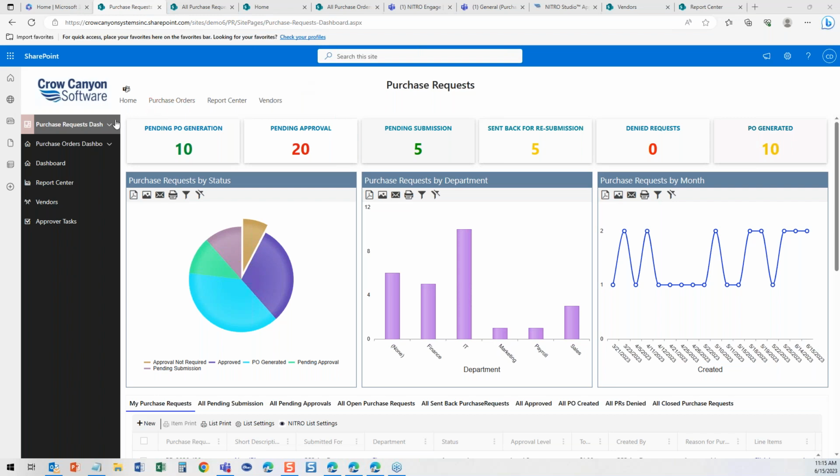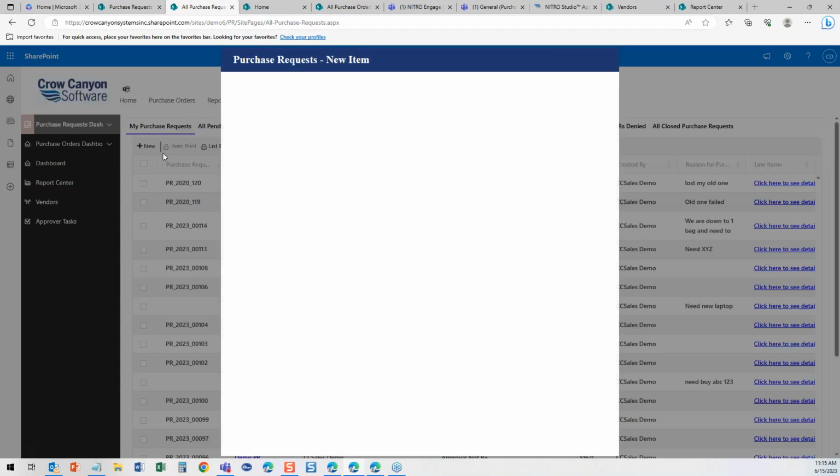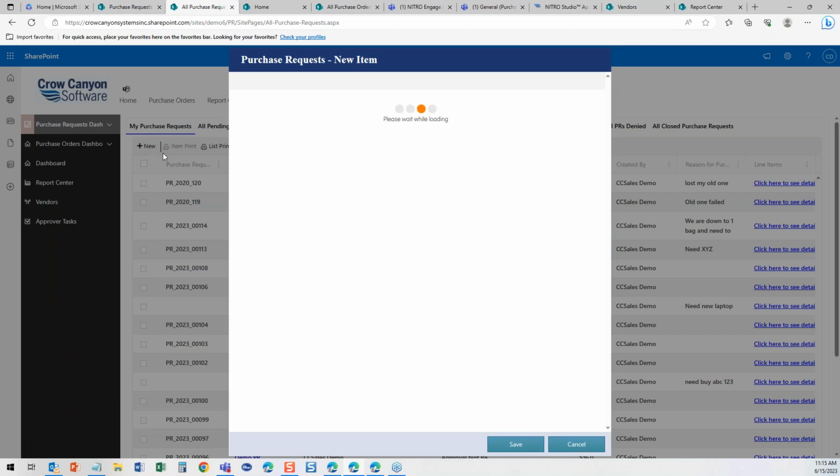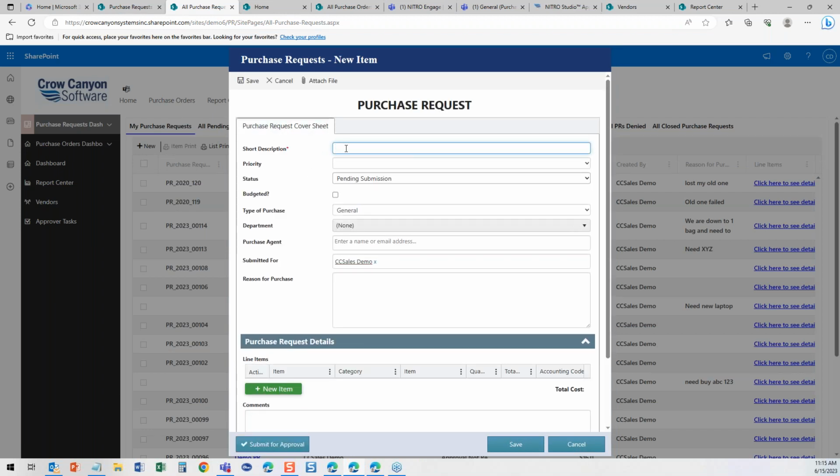Okay, a person wants to submit a request. Now, I'm showing you desktop. This would just as well run on a mobile. So a person might come in and they want to do a new purchase request right here. They would click the button and get a form that comes up and fill it out. And again, it would run on the mobile. You have a mobile-friendly version of this, and they put in what they want, the priority, the status,